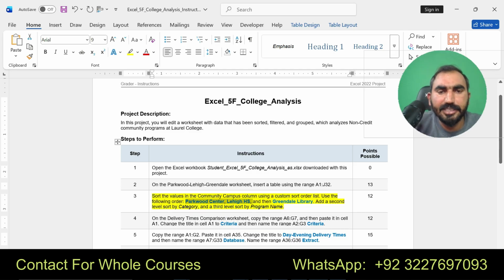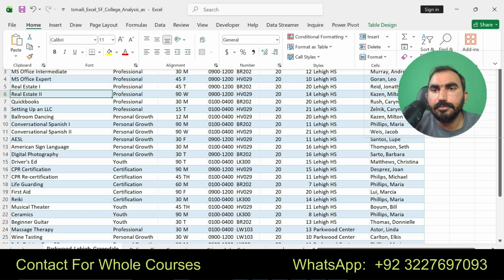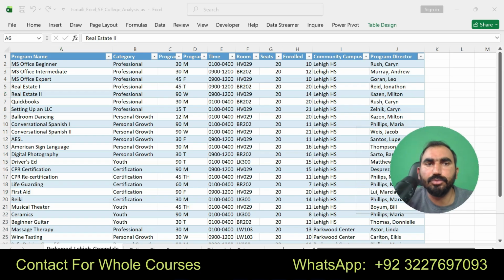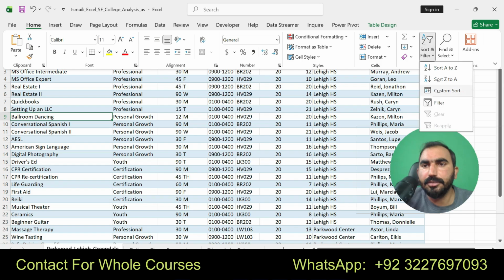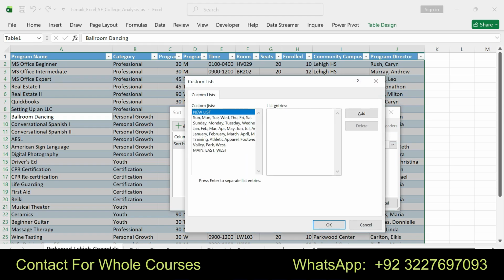Sort the values in the community campus column. Here you can see I am going to do this in custom sort, community campus. Now I am going to add the custom list